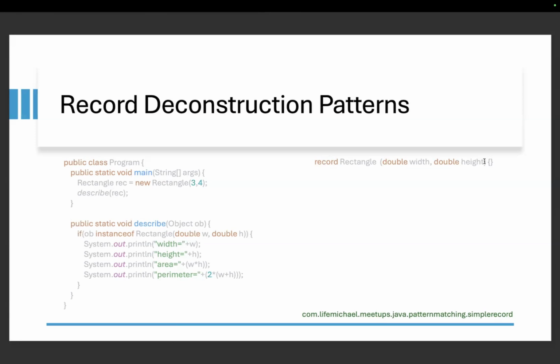As a result, a new type rectangle will be created. That type will have a constructor according to the variables you specified. Specific methods will be auto-generated for you, such as toString and equals. Actually, record classes in Java are very similar to record classes and data classes in other programming languages, such as Kotlin, Python, Scala, and a few more.